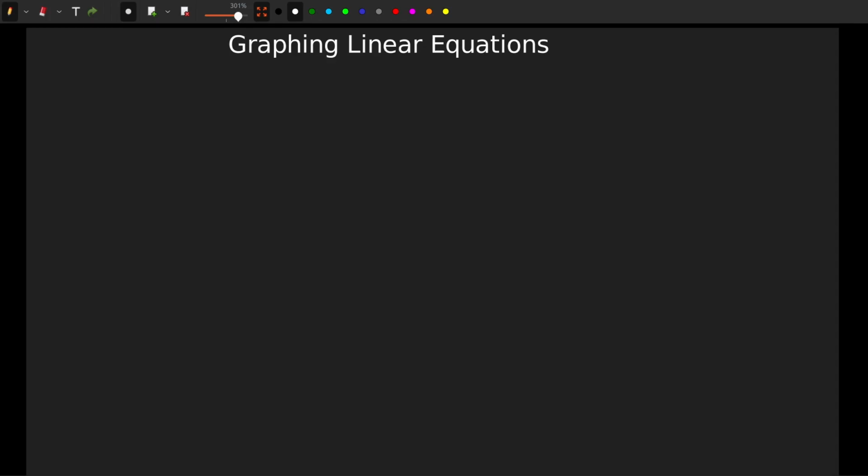For today's video, we're going to go over graphing linear equations. I may have shown how to graph some equations in some previous videos, but this is where I'm going to formally introduce it. And so, to start graphing a linear equation, we really need it in slope-intercept form. And so remember, slope-intercept form looks like y is equal to